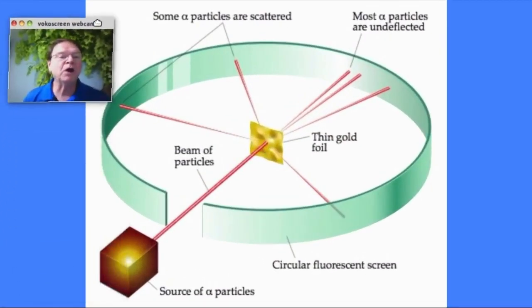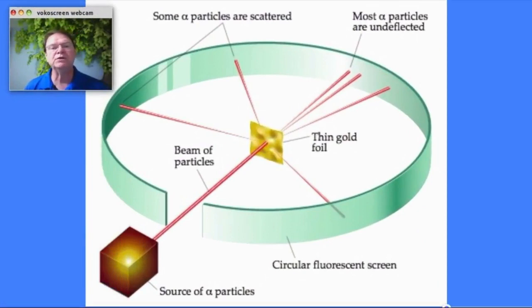Well, among the experiments that Ernest Rutherford did along with his students is that he took a very thin piece of gold foil. Think of the foil that's wrapped around your chewing gum, but much thinner. And it's made out of 24 karat gold. Very thin. What he did is he shot alpha particles through that gold foil, and the vast majority of those alpha particles just went straight through on this phosphorescent screen that you see going around the target. Most of those alpha particles just formed a bright spot on the opposite side.